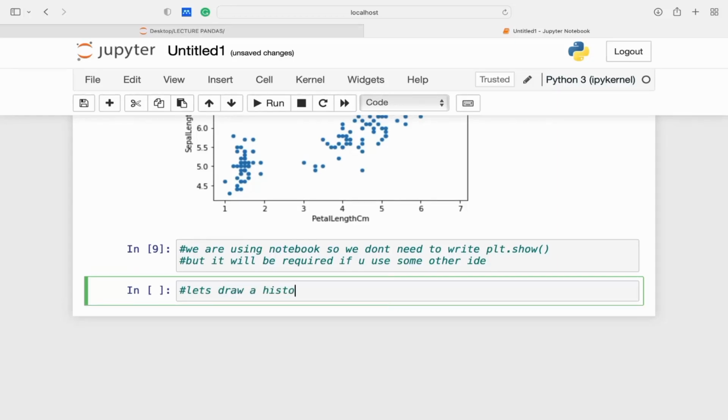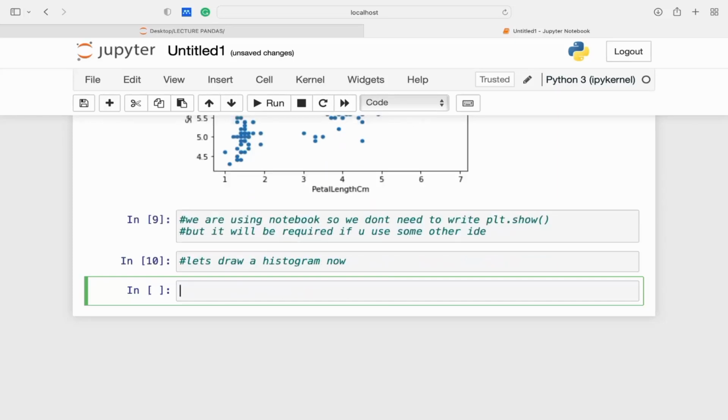So histogram is kind of a frequency plot. So we have a variable and its frequency. So let the variable be sepal length in centimeters and the y-axis will give the frequency of that particular sepal length, that is, how many flowers have that particular length of sepals. So I'll write sepal length centimeters